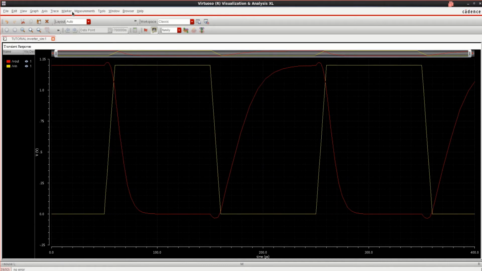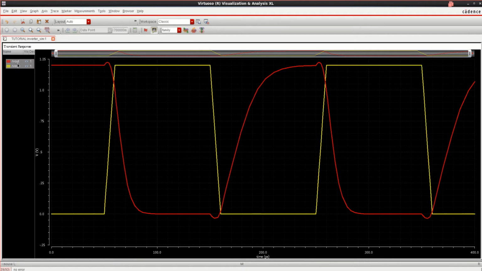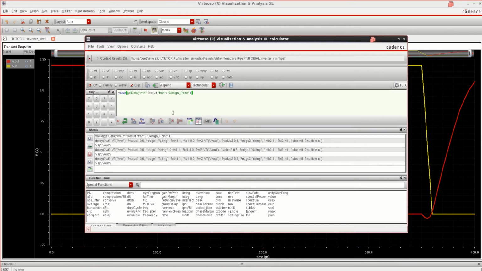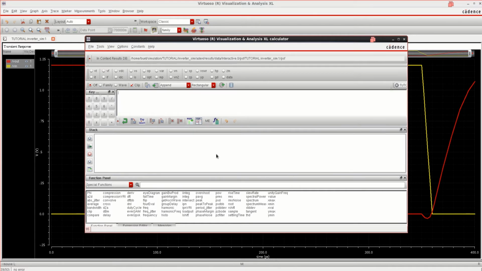That is, use the calculator. Click on calculator. If any previous versions are there, just clear this buffer. I'll clear everything.